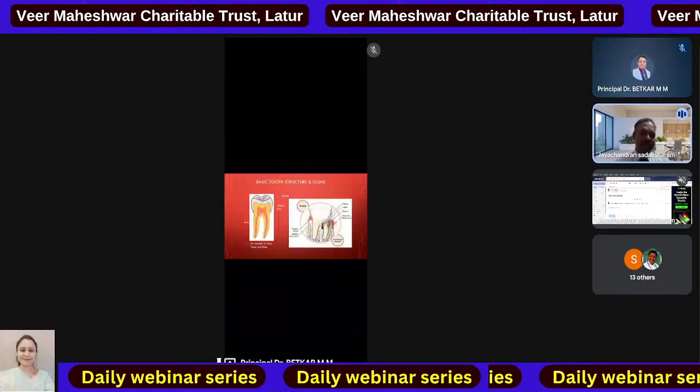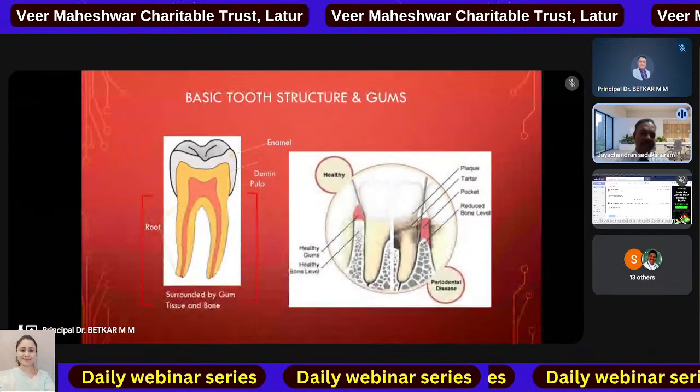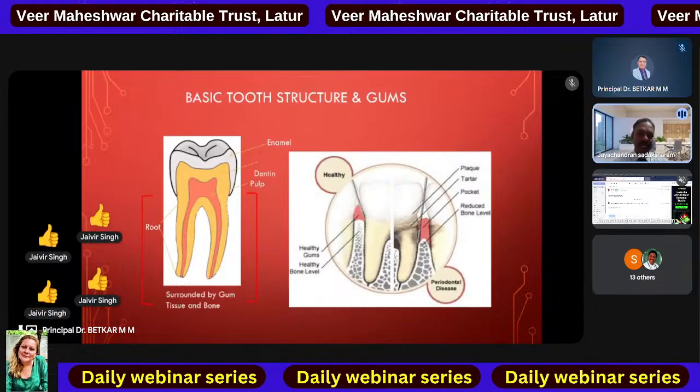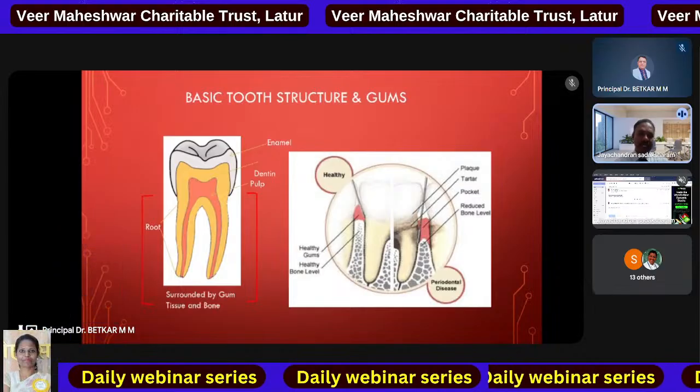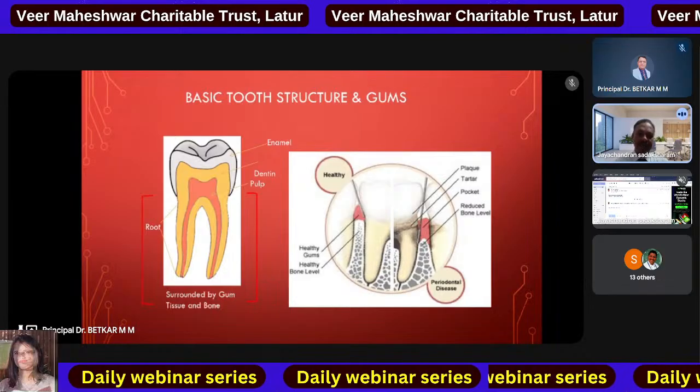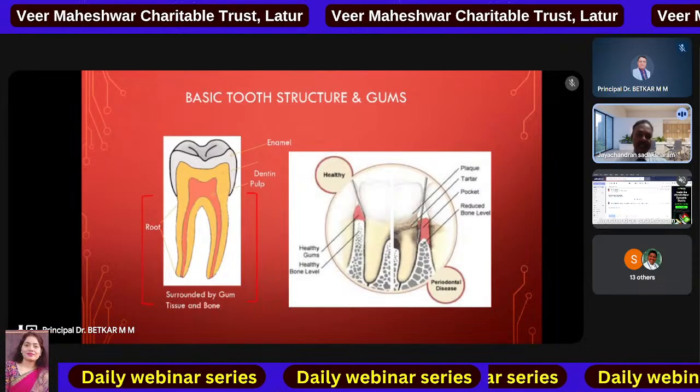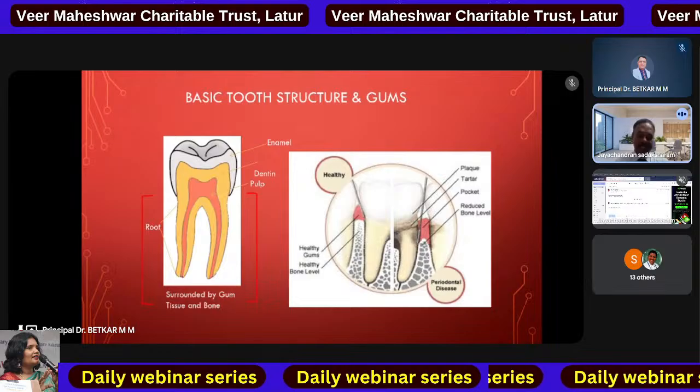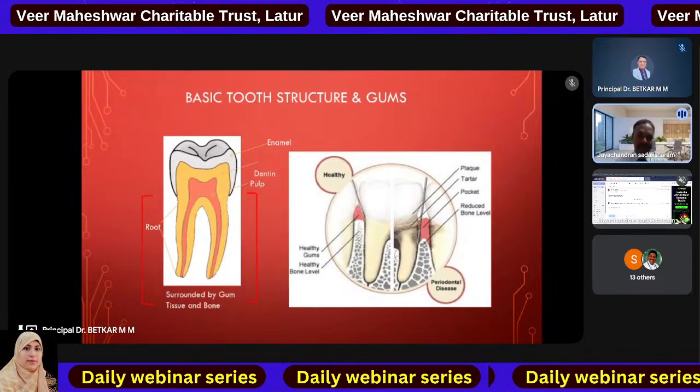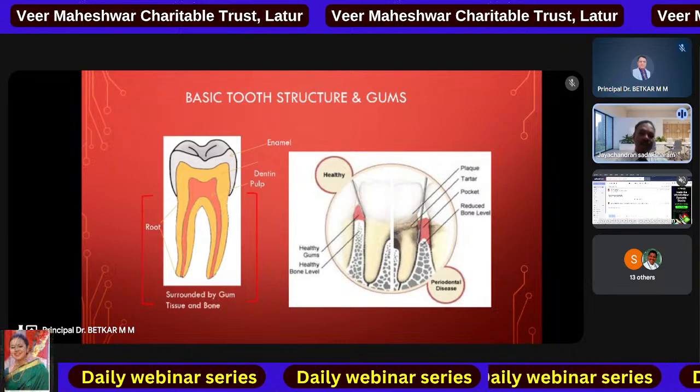The oral cavity is important for your health and is affected by various diseases. The structure of the tooth comprises the enamel, the dentin and the root portions, and it is affected by various diseases. The supporting structures, the gingiva and the periodontium, are also affected. When gingivitis progresses, the supporting bone is also affected. In the early stage, minimal destruction happens, and you have to approach the dental surgeon for oral health care maintenance.